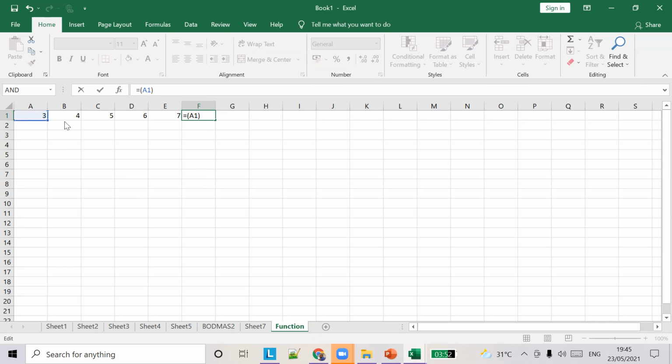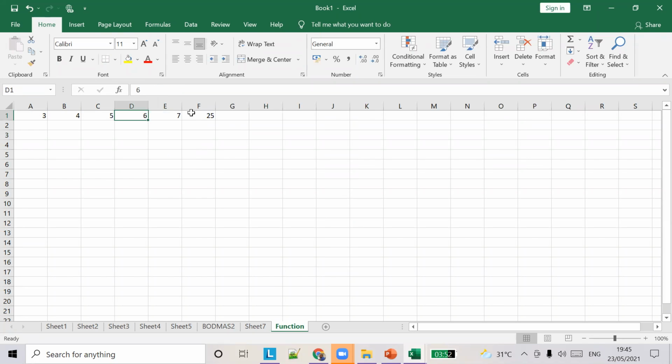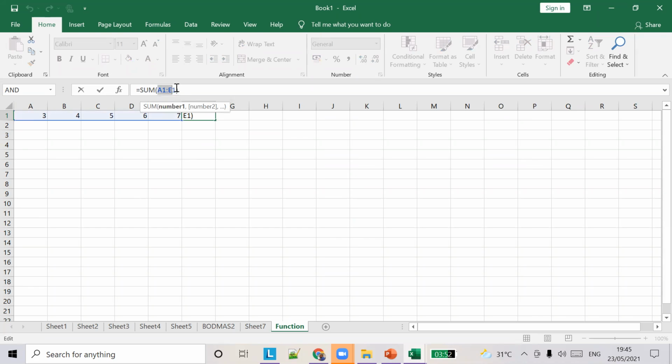We have to type all these things, right? See, you just have to give the sum of A1 to E1. It starts from A1 and it ends in E1. So inside the cell range, this is called a cell range. In the cell, it's going to add all the things in the cell range.